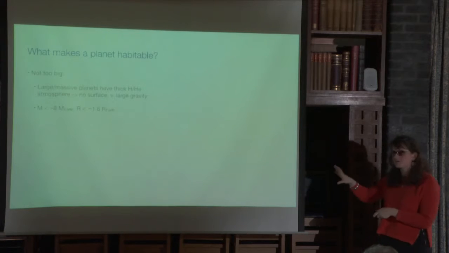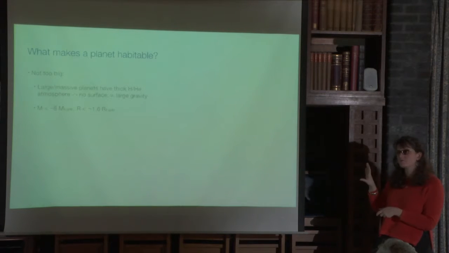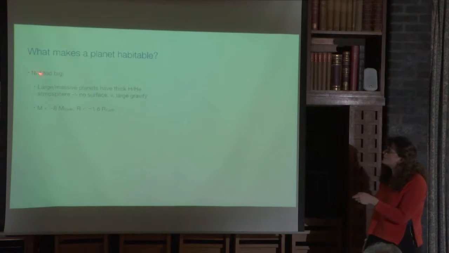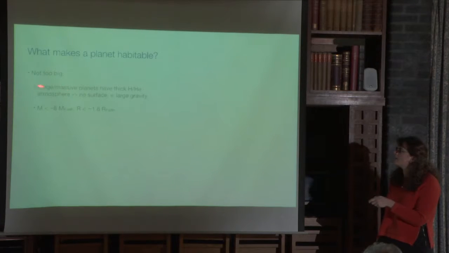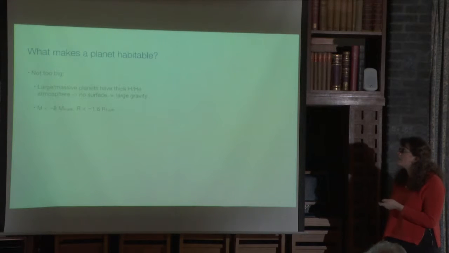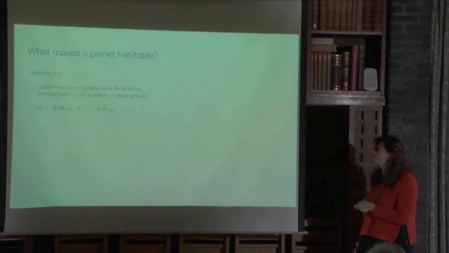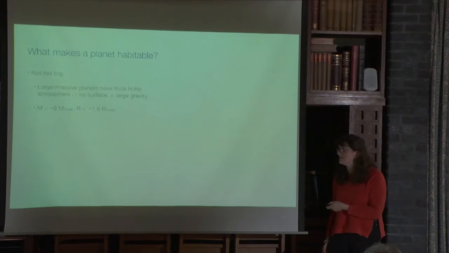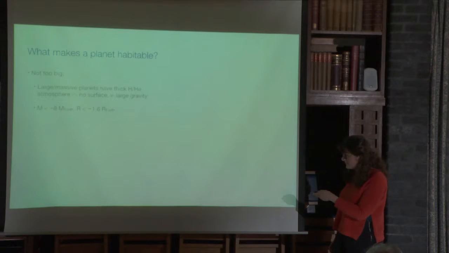Now, it makes sense in the context of transit surveys to have a size criterion because we measure the size of the planet directly. So the thinking is that you don't want a planet that's too big because large massive planets quickly accrete thick hydrogen helium envelopes. And so you have no surface, you have very large gravity, and that's not thought to be very conducive to the development of life, as we understand it. It translates typically into mass constraints of less than 8 Earth masses, perhaps even a bit less than that. Radius constraints less than about 1.6